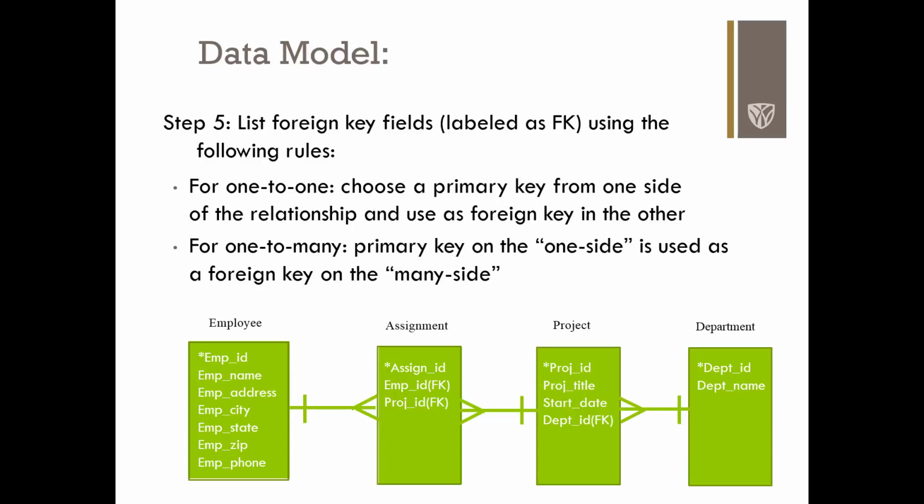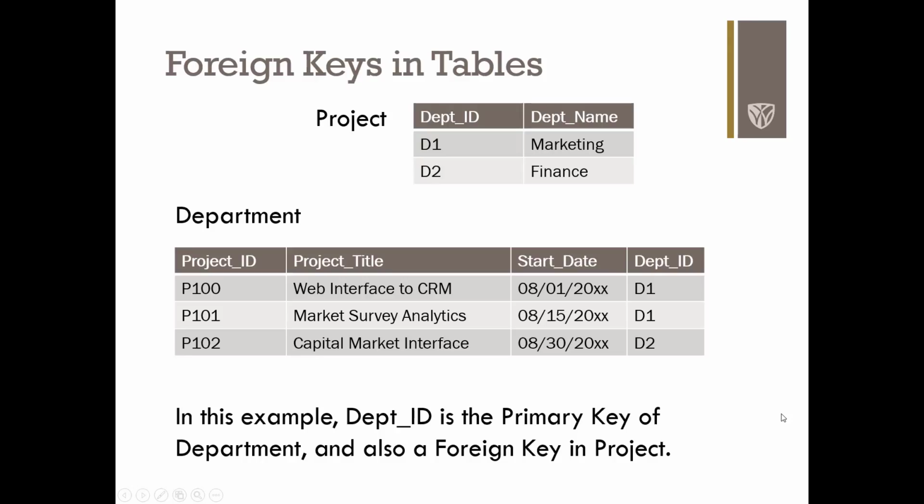That's how we handle a one-to-many relationship. If we have a one-to-one relationship, it actually doesn't matter which primary key we use as a foreign key in the other table. Either way will work. Okay, to see how this actually works, let's take a look at two of the ones from the previous slide. So we have project and department. So we've got project ID